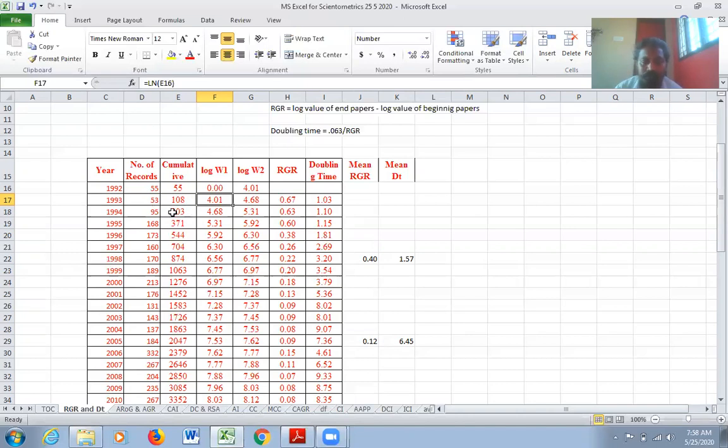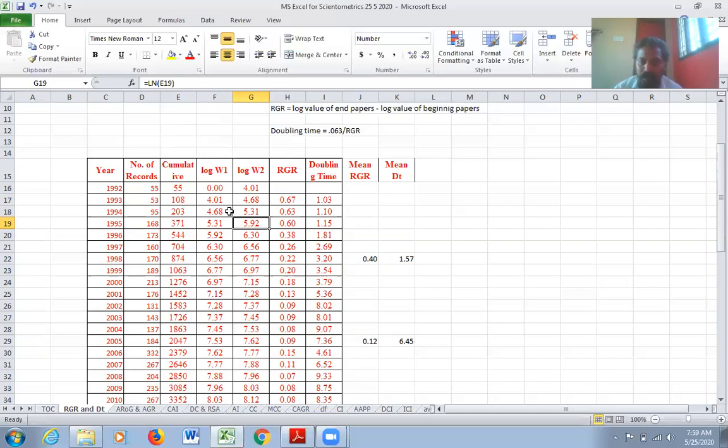Fine. So for the initial value, I did the same thing. Whatever I got for D16, the same thing is here also. And log 2 stands for E17. E17, this is E and this is 17. E17 for 108. So log value. This way, the log value of last year's final output will be the log value of current year's initial value. And this I calculate for every year's output, for 108, for 203, for 300. So this way, you calculate log value for the initial period and the cumulative end output.